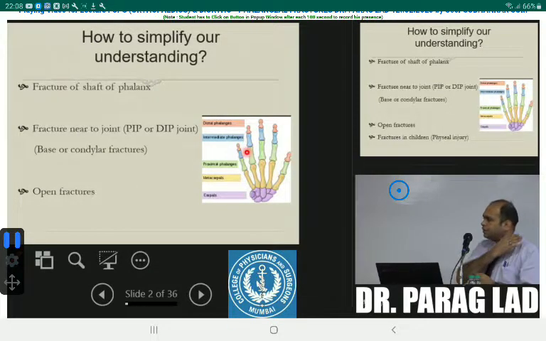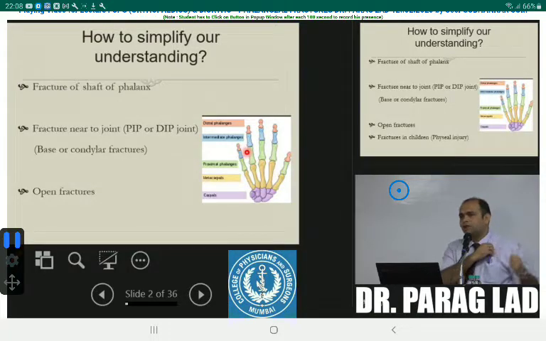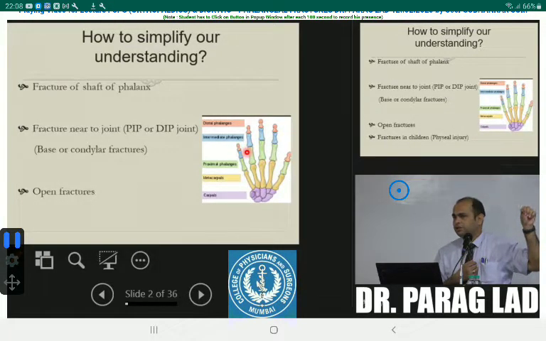It is very easy to get a good function after a humerus fracture or a radius ulna fracture, because there are a lot of muscles around. So there is absorption of the soft tissue, and then movement is multi-directional. In the hand, it's a hinge joint. Movement is possible only in one direction except the thumb. Thumb has circumduction movement. Okay.